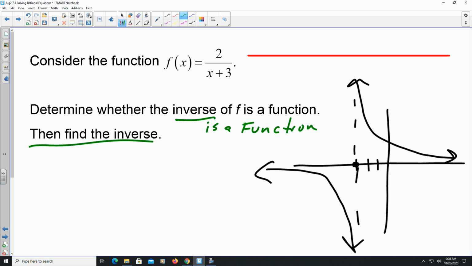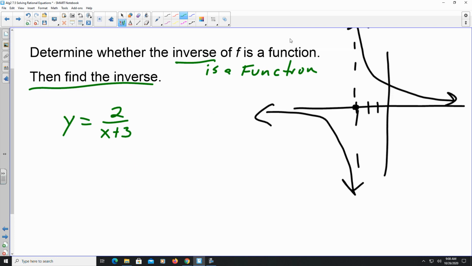So the same rules apply. Since it's a function f of x, I'm just going to change it to y. So y equals 2 over x plus 3. Same thing that we did with the other inverses, we flip x and y. So now it's going to be x equals 2 over y plus 3, and you're still going to solve for y. In order to solve for y, y is in the denominator. First thing I'm going to do is multiply